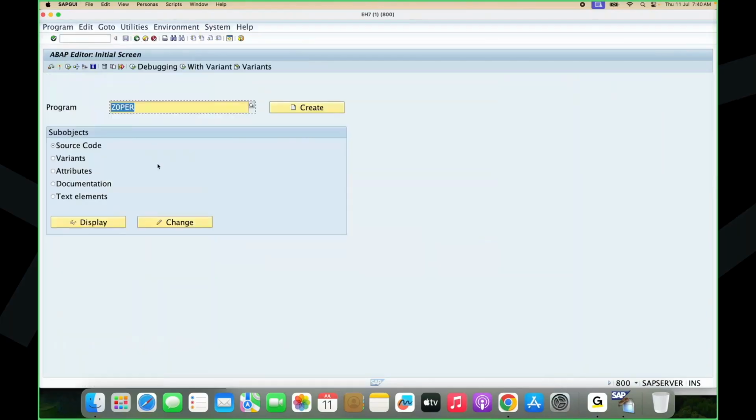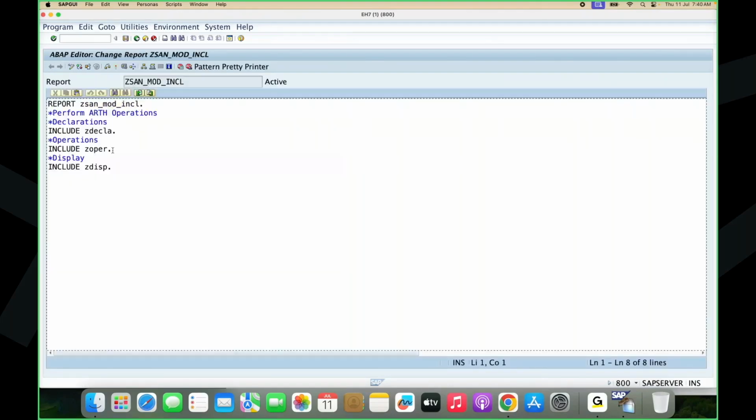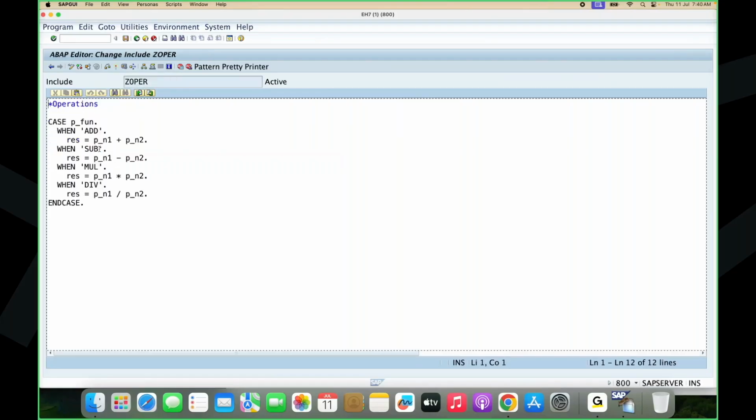So to make the corrections, what do we have to do? The operation section is the one where the logic part happens. So we'll go directly here and see what logic is implemented. When the division operation is performed, they will check, and here they will implement a condition. So if p_n2 is initial, which means when there is no value given for p_n2, in this case they will write a message,